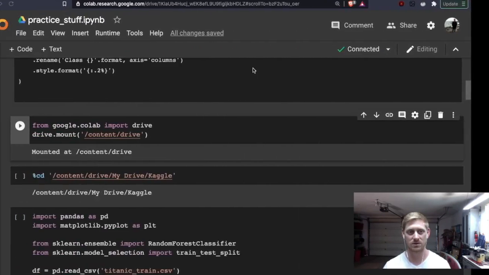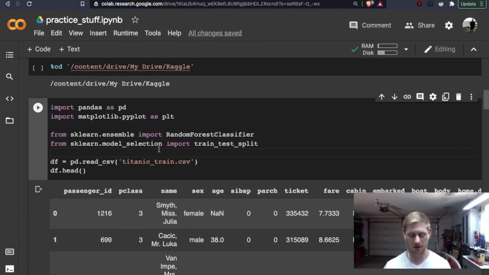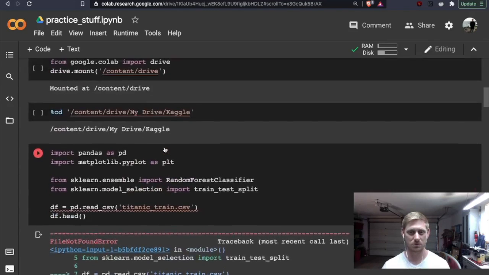And if I'm not mistaken, I'm connected to this. Let's just make sure that I have the data run. Nope, no such directory.